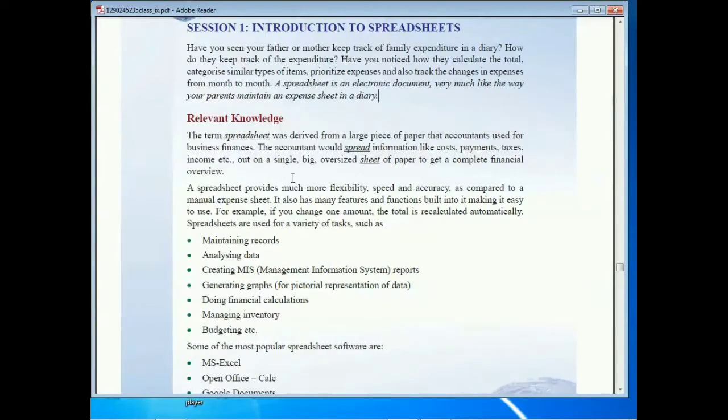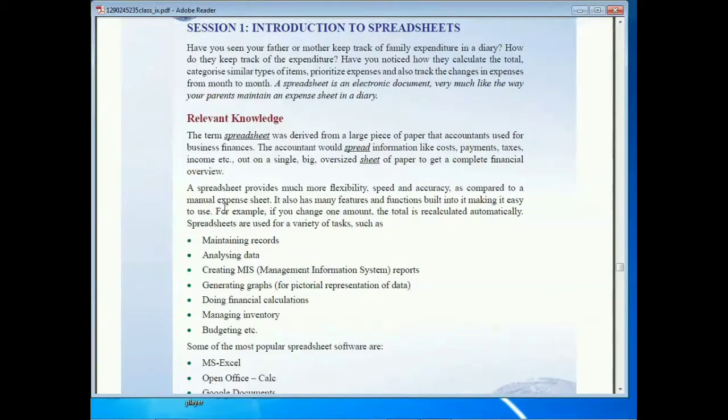If we use a spreadsheet, it provides more flexibility, speed and accuracy as compared to the manual expense sheet. It also has many features and functions built in, making it easy to use.